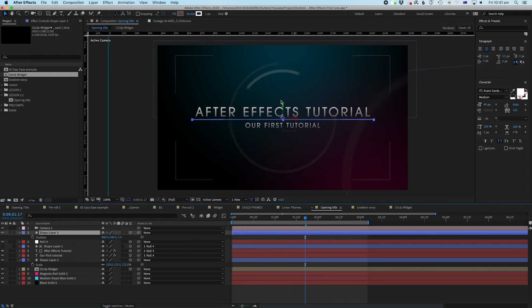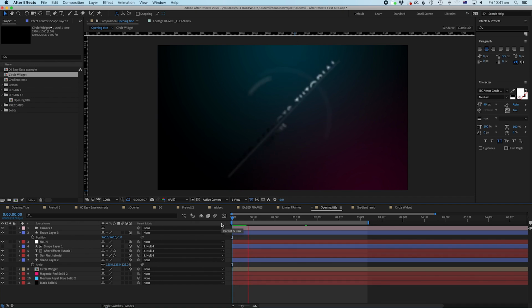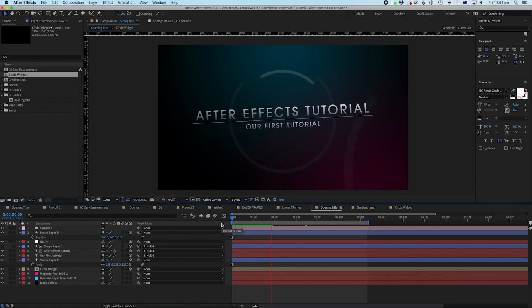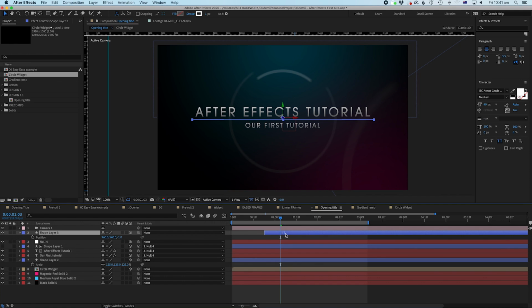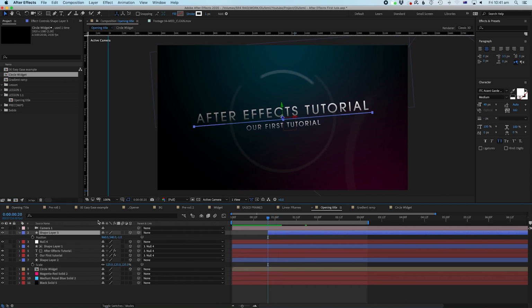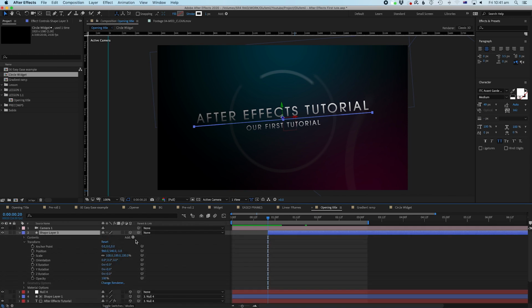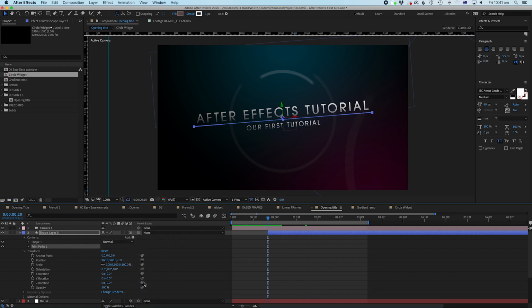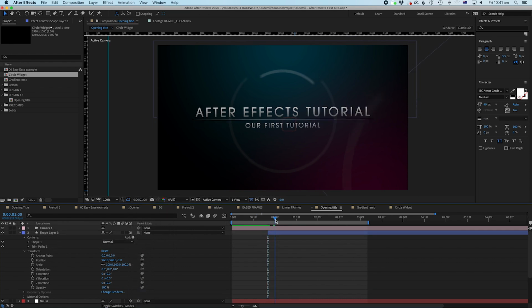All right. So I've just turned the stroke down to 1. And we're going to do the trim path thing, where we're going to add the trim path function to it so it actually looks like the line has been drawn on. So we'll go to about here because we want the line to draw on round about here. And we're going to roll down and we're going to go add trim path, and we're going to go forward about, I don't know,